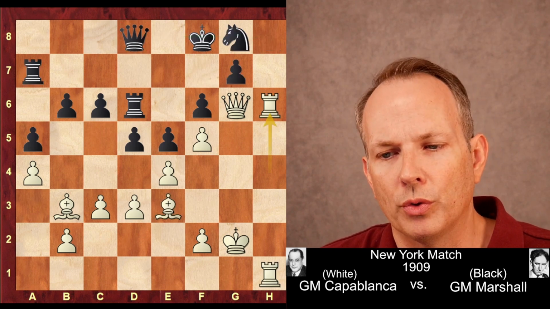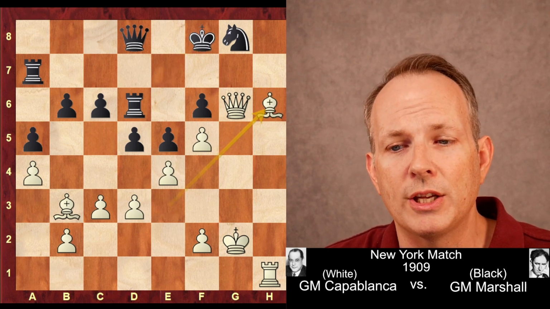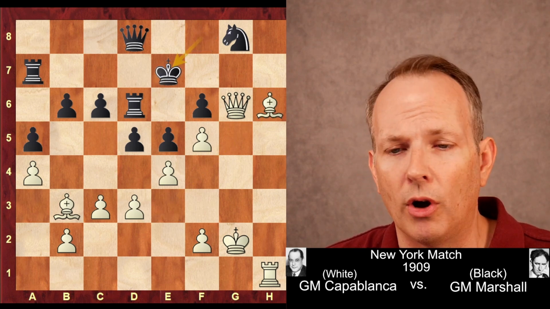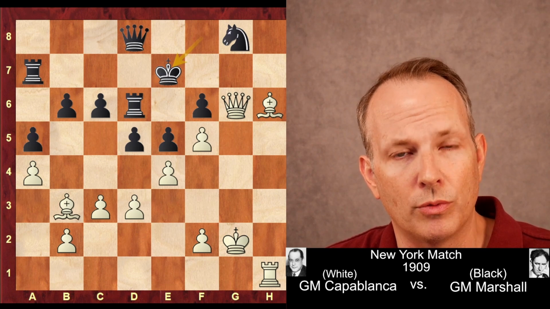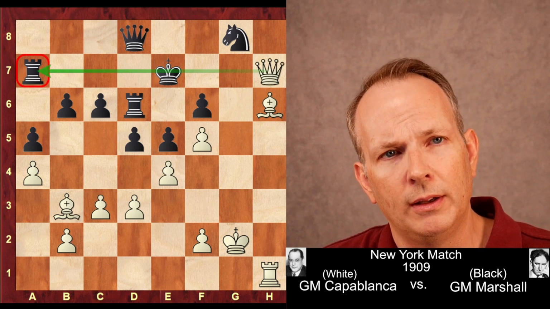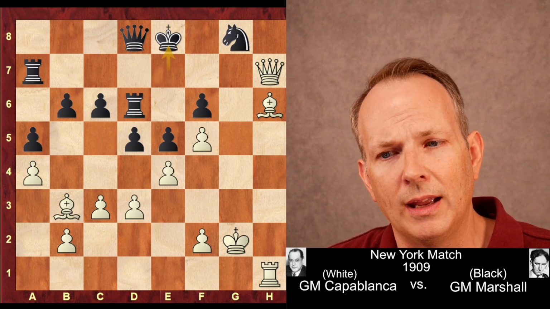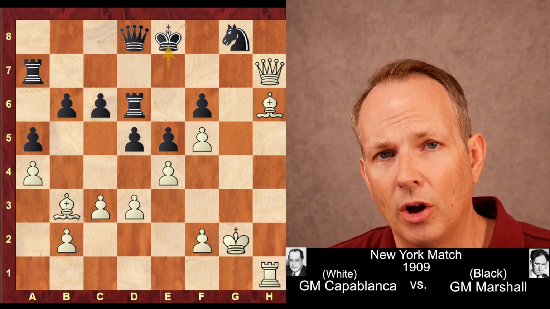So instead, Frank Marshall took with the pawn, then bishop h6, and if he retakes with the knight, you have the same position we just saw. So he flees away, tries to run away, with his king, but then queen to h7 check. If the king moves, he would lose the rook. But what happens is after king to e8, Capablanca doesn't take the rook yet, although he could, and he'd just